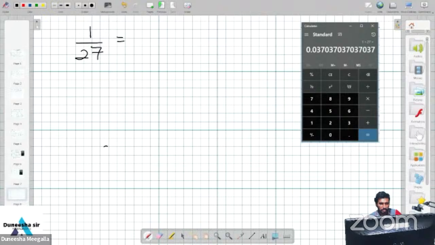We use the name consist part of the decimal. We use the name of consist part, recurring,